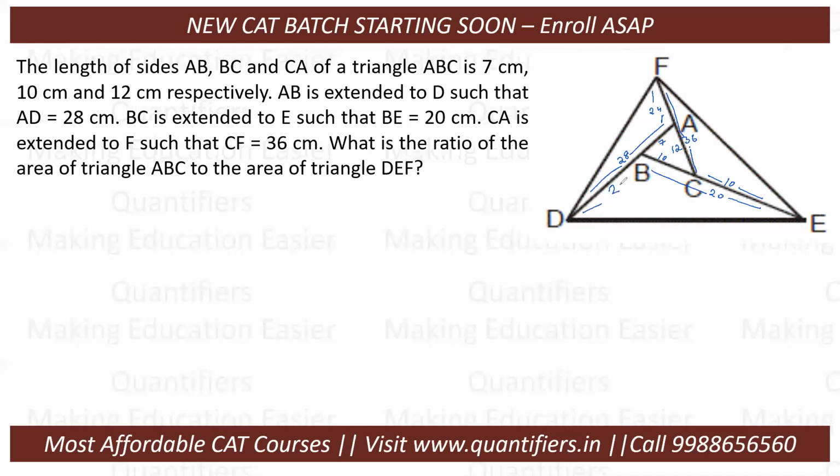Now, if you see, if I leave the smaller triangle, I know this length. This length. So these two lengths are known. Similarly, if I talk about this triangle, this length and this length are known. If I talk about the third triangle, this length and this length are known.